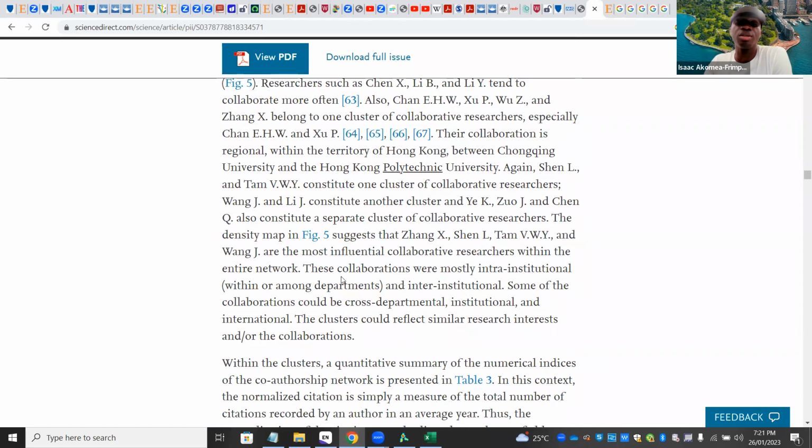And then who again? Another collaboration. So it said these are the most influential collaborative researchers within the entire network. These collaborations were mostly intra-institutional, within or among departments, and inter-institutional. For example, in your department, I think there's a professor called Adinyera or something. I think I've read something like that. It's likely that professor will collaborate and work with somebody like Usumenu. Or I think there's somebody called